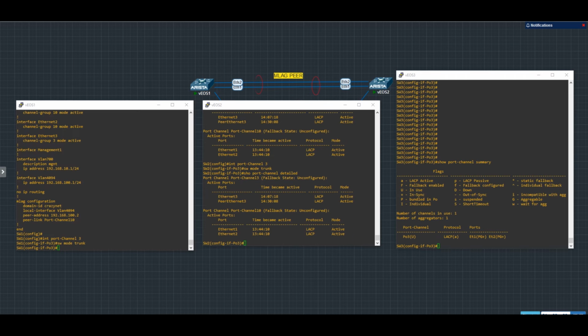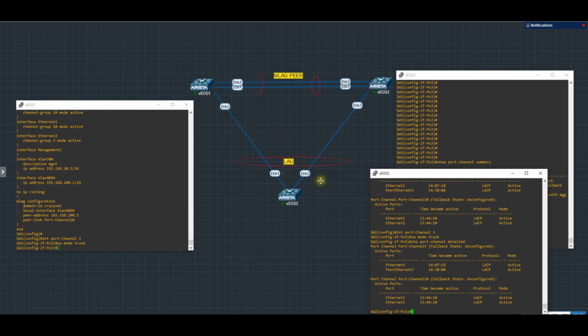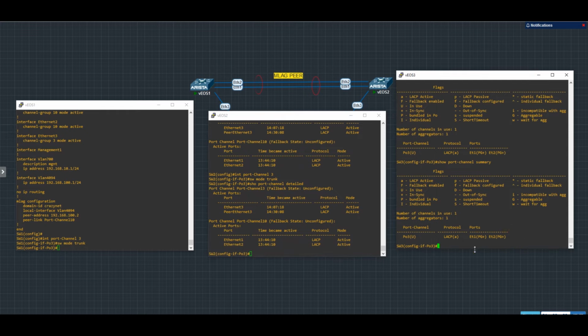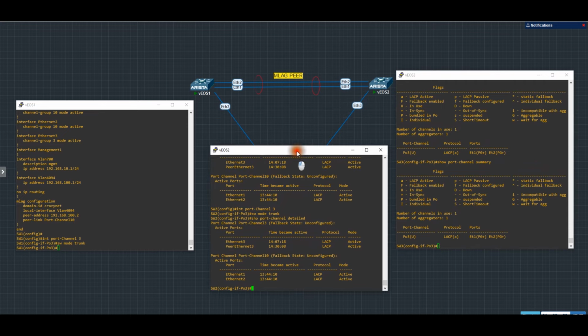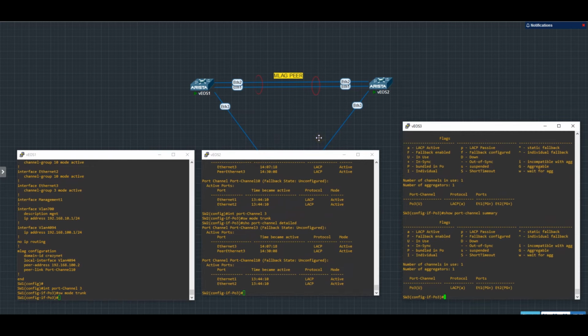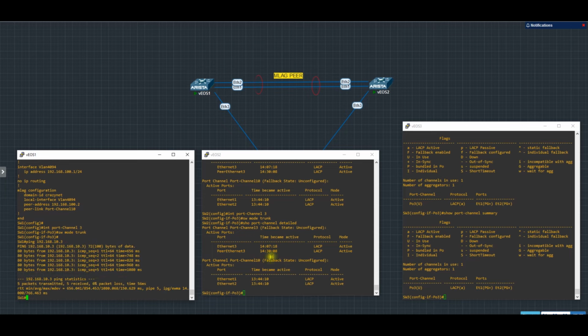Okay, I checked the configuration and I found there was no mistake, just something missing. Here on port 3 and on the other switch, and obviously on the port channel, I forgot to type switch port mode trunk. So now the port trunk looks good because it's up. During my troubleshooting, I set the SVI interfaces, so this is IP 1, IP 2, IP 3, so I can ping 192.168.10.3 from the switch, of course,